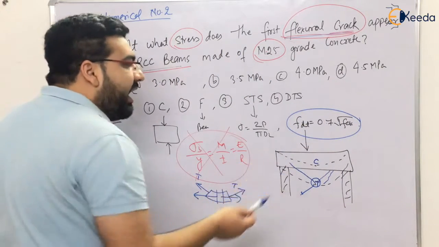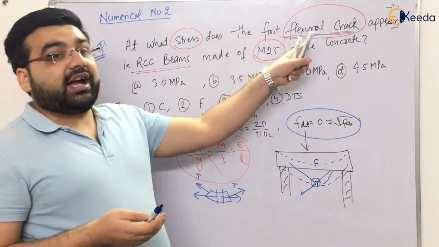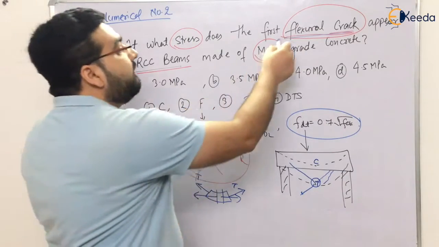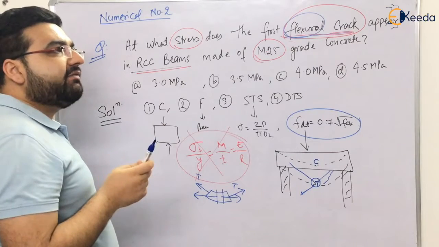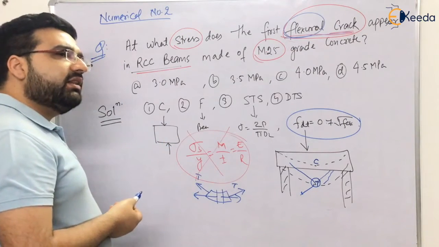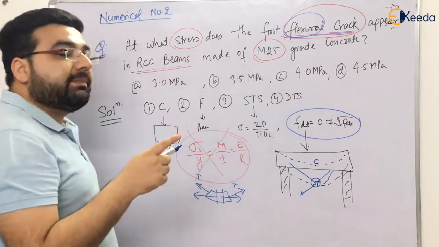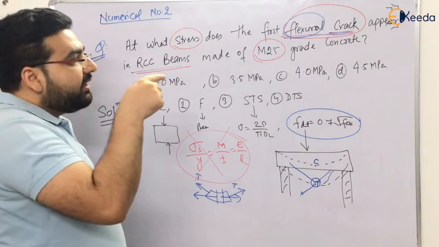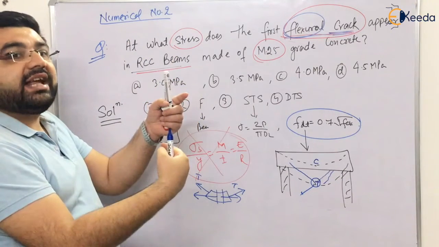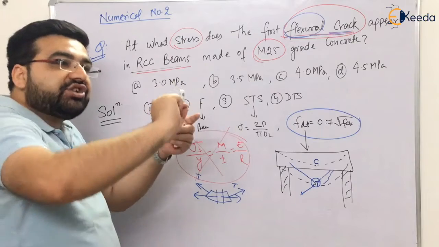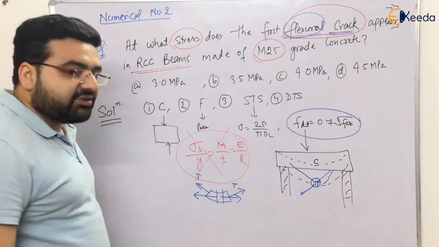Now, this was the only concept. With the first flexural crack, he has tried to confuse you with the word flexural. Whenever we see the word flexure, we think of the bending formula, but nothing is given, so how can I apply the bending formula? The next word is crack. Now apply some concept: if a beam bends, the upper portion is in compression, the lower portion is in tension, and cracks develop from the tension region. Those are known as the diagonal cracks. Actually, I will explain you in detail also.